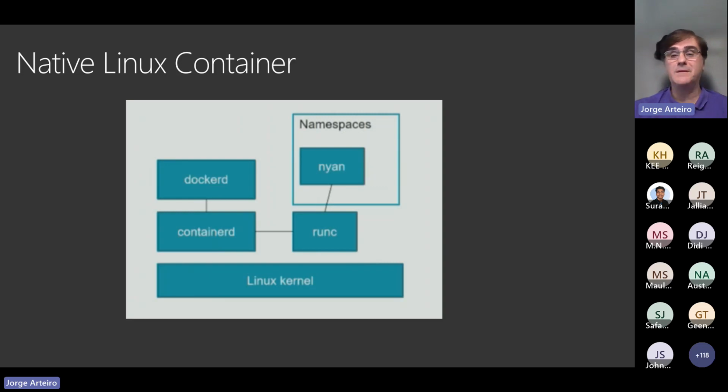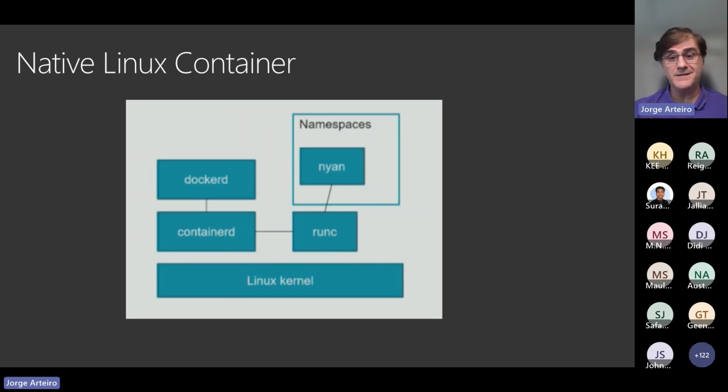That's what Docker started, a company called Docker. They saw some of the features on the Linux kernel: cgroups and namespaces. Those are features on the Linux kernel that were available for many, many years, maybe 15, 20 years, a long time. Then Docker was a company that said, let's simplify that, use it and make it available as a command line interface, a CLI, to everyone. Then Docker created something called dockerd, containerd, and runC. Those are libraries to run containers.